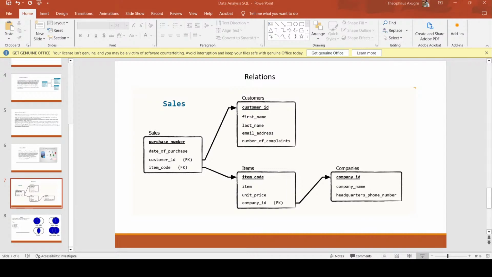Okay, so when you have this, you have a table like this. For instance, you have a sales table, a sales table that has the information of a sale. So you have the purchase number, you have what? The date of purchase, you have what? The customer ID, right? If you have these two,